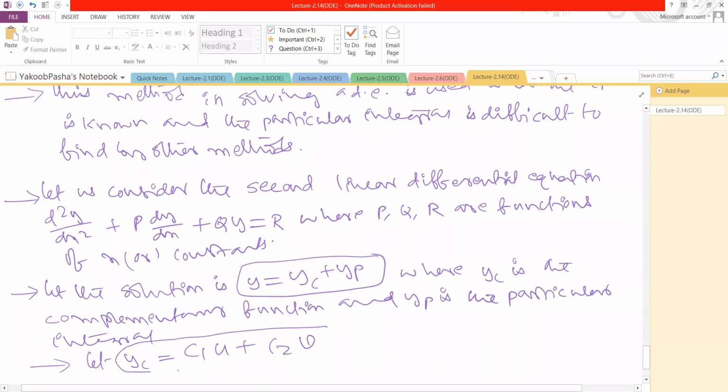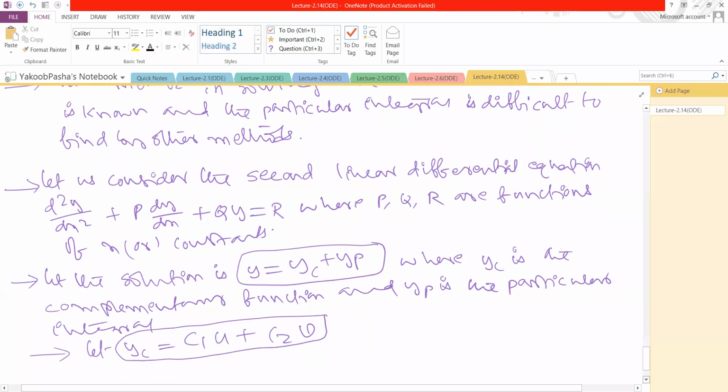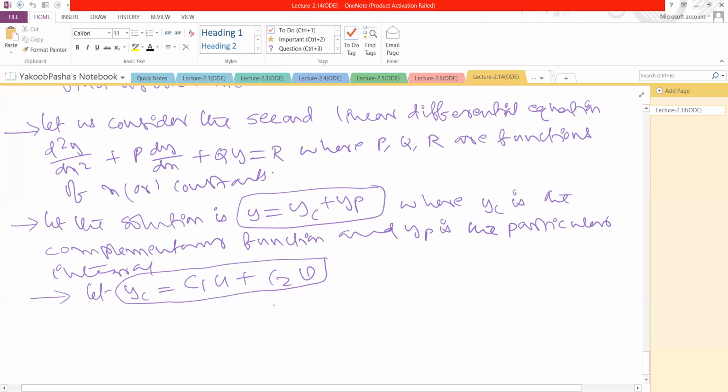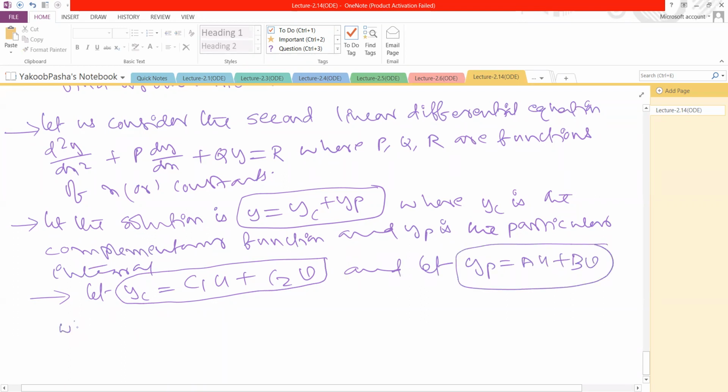By solving the corresponding auxiliary equation, we get a complementary function in the form of c1u plus c2v, where u and v are the corresponding functions of the differential equation, and we take yp equal to Au plus Bv, where capital A and capital B are parameters,